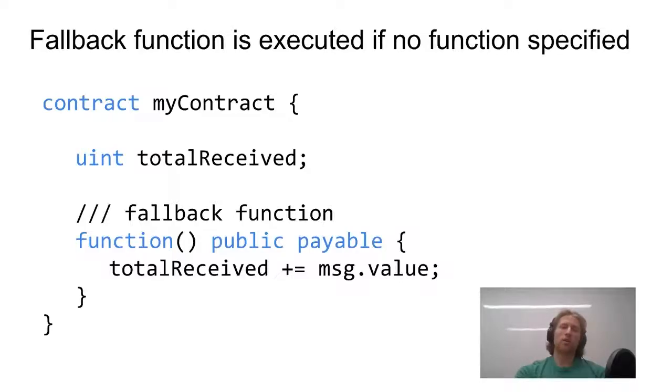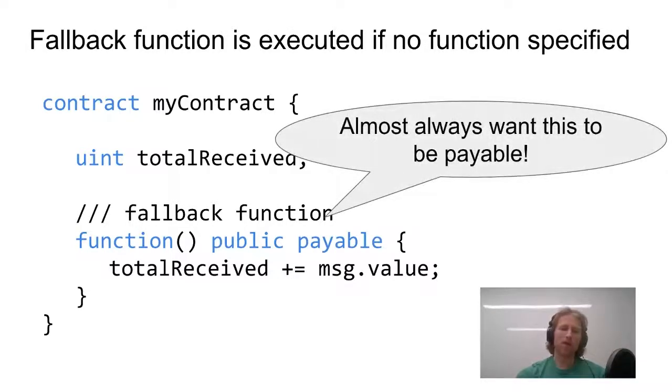So you can have this be whatever you want. Say, if somebody sends you money, you want to record that in some variable. That's fine. You can implement that with a fallback function. The most important thing probably to say is that you usually want your fallback function to be payable, which allows somebody to just send